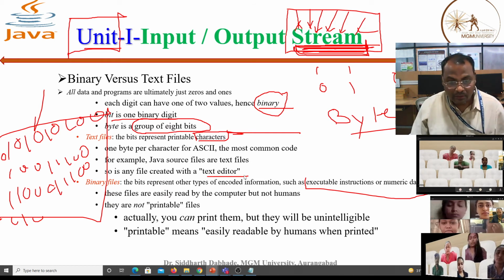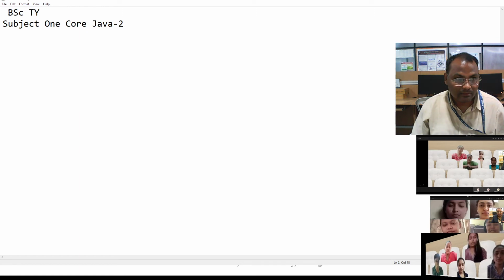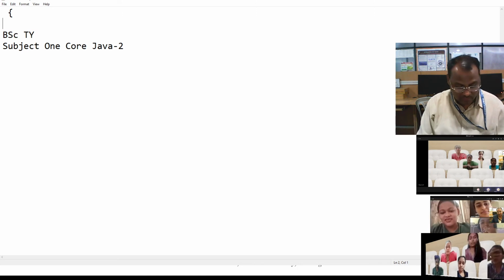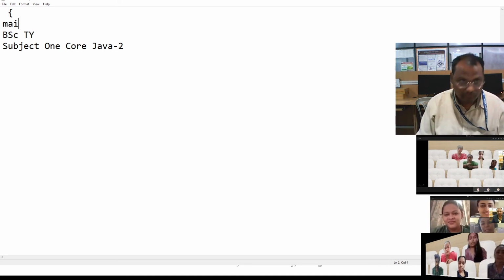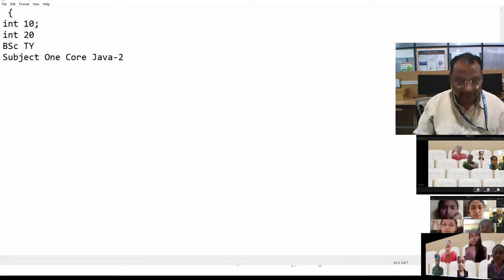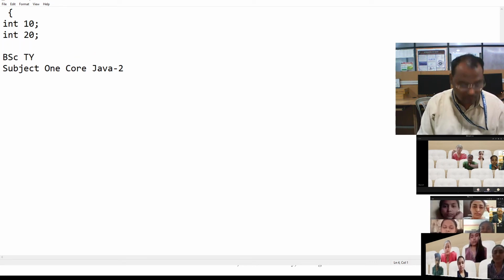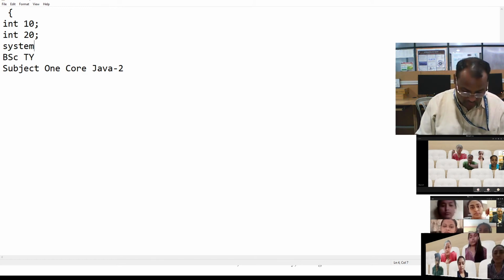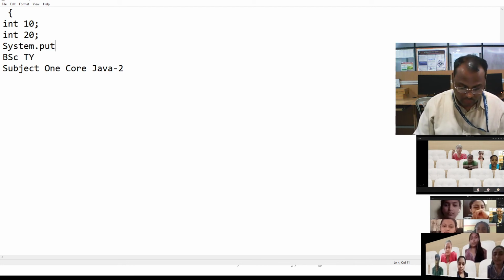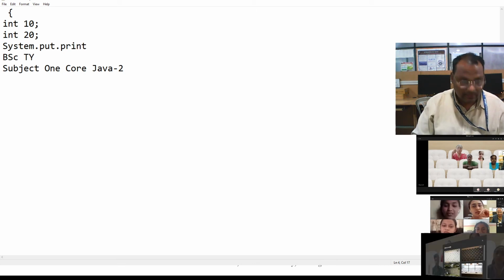Suppose we have written a program with the help of a Java file, as here: int 10, int 20, System.out.println.